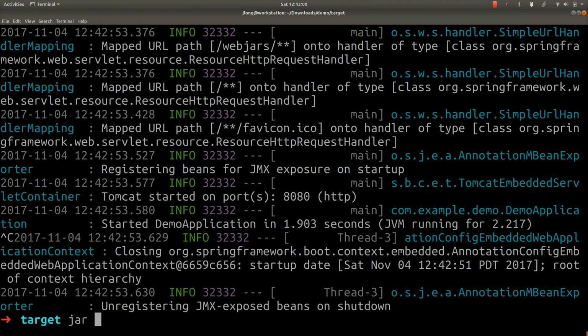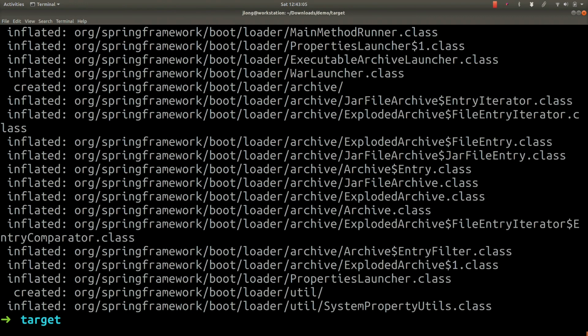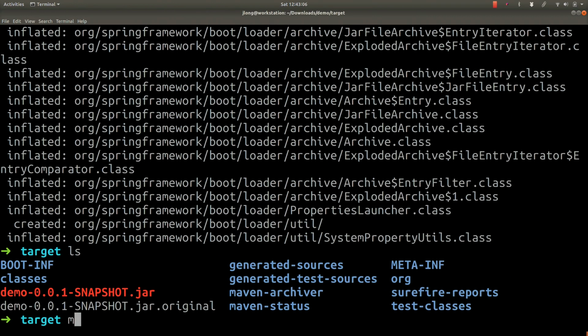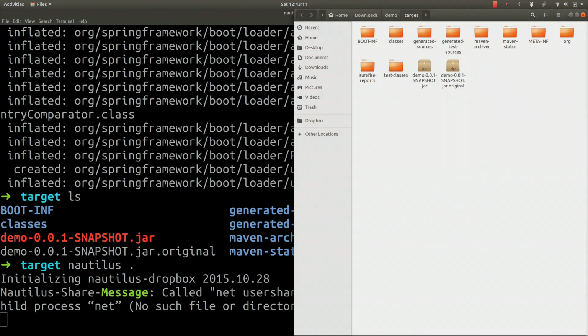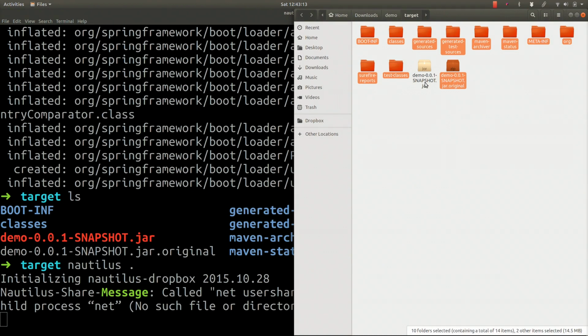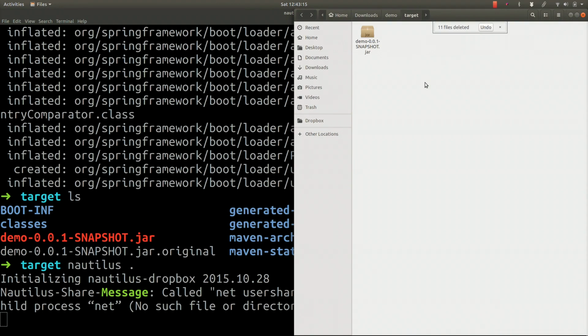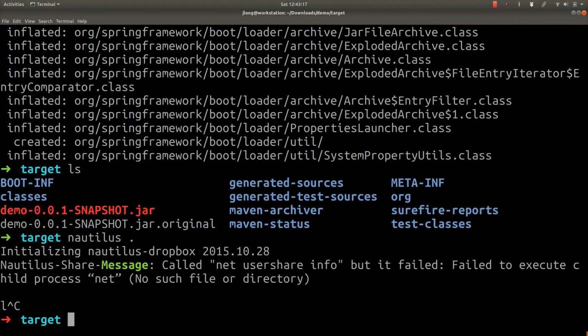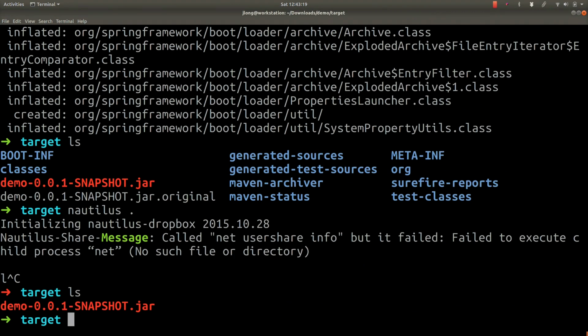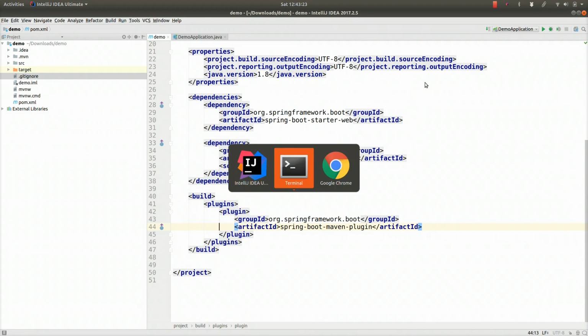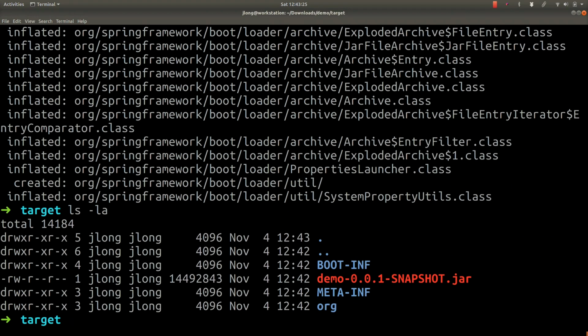Let's take a look at the structure of the jar to see what I mean. So demo, okay. Let me delete everything except for that. There we are. Now we have here jar xvf demo. There we are. So now, if we look at the directory output here, you can see that the contents of